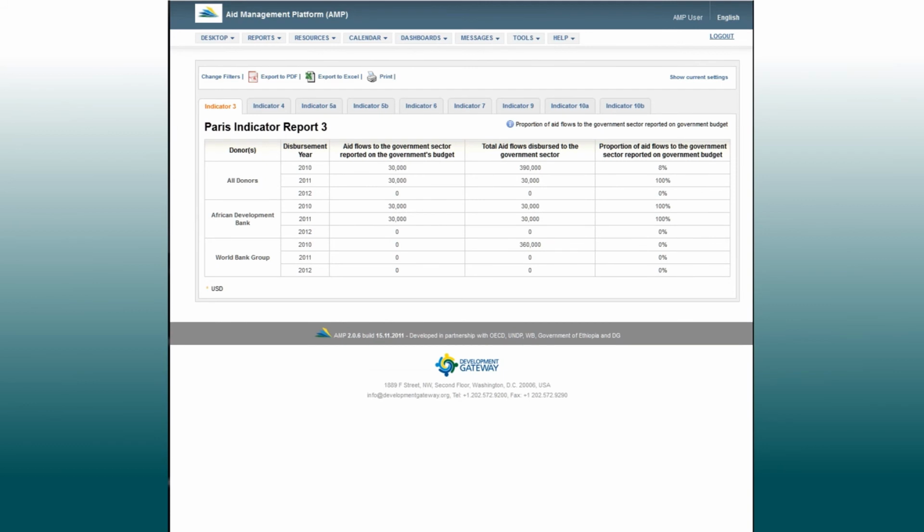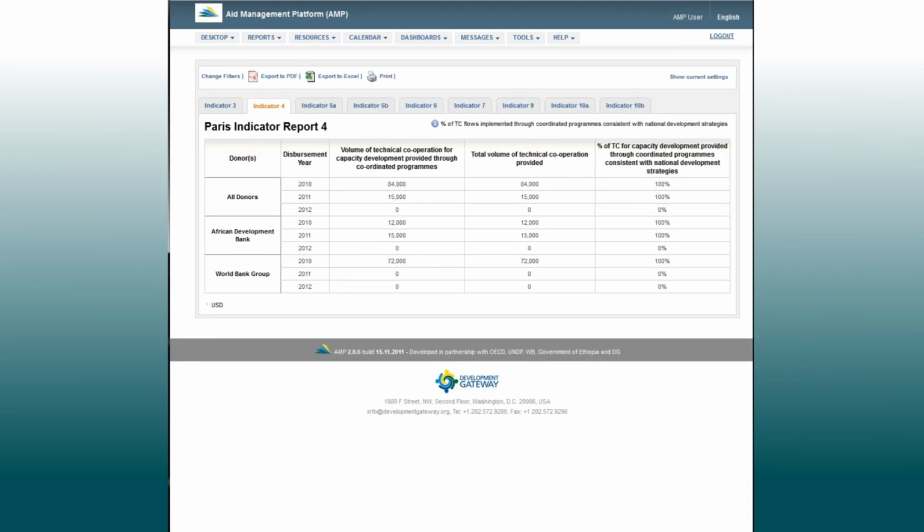The Paris Indicators module allows donors to assess each activity against aid effectiveness-related targets and, by aggregation, to automatically calculate the indicators of the Paris Declaration on Aid Effectiveness. The Paris Indicators section in the activity form allows you to enter information on how the project fares in terms of Paris indicators. To view Paris indicators for the entire portfolio, click on Paris Indicator in the Reports section of the desktop. Use the tabs to view the Paris